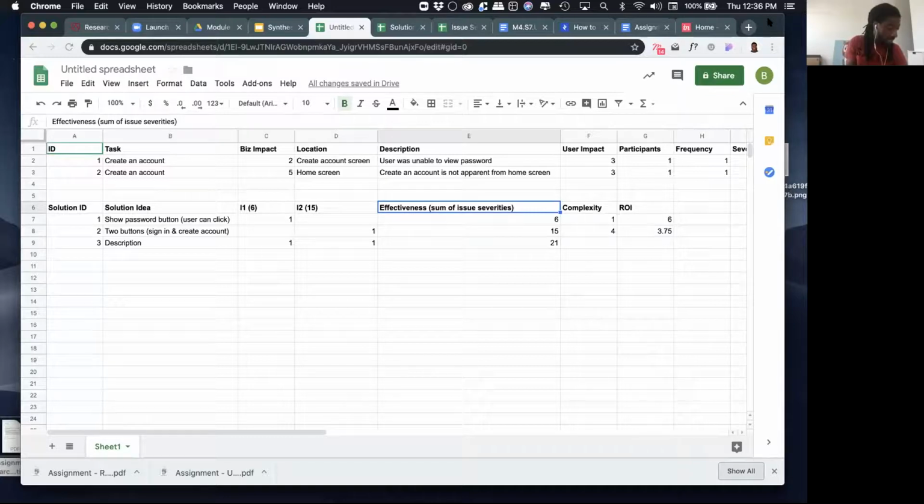But yeah, I was saying that this is essentially just one way of tackling solutions based on your issues, and even one way to tackle figuring out which issues arise and whatnot. I'm going to show you guys a little bit later a visual way that's more collaborative, more of a team effort, and it's a little more fun. It's a little less accurate because you're not really dealing with numbers per se, but